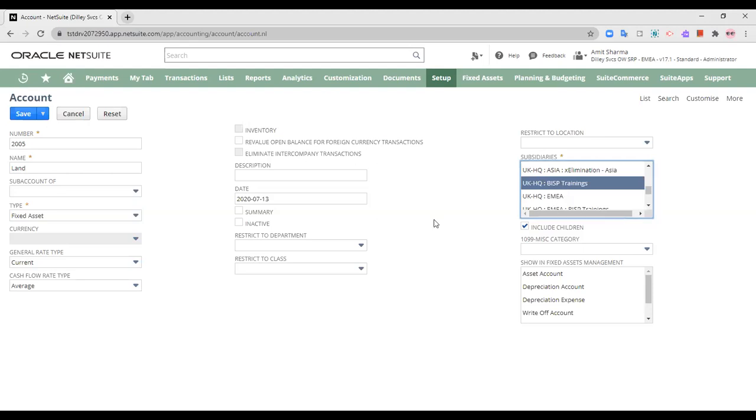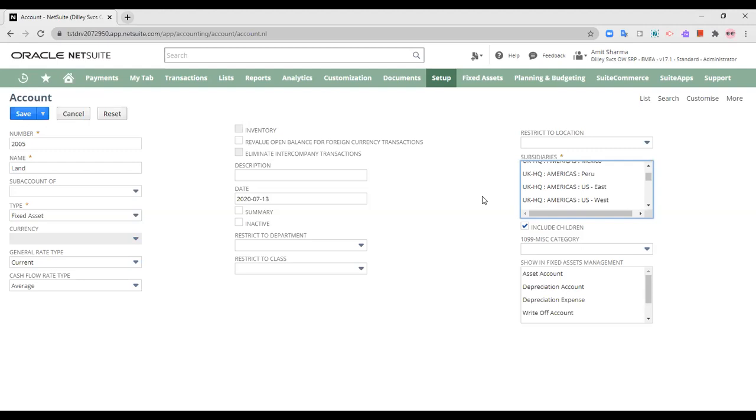But if I'm not choosing it here, I am prone to error. I can make transactions of this land into any subsidiary, be it Australia, US East, US West, and all of those. So if I'm choosing the subsidiary, what happens at the time of entering the transaction? The first step when entering a transaction is to select the subsidiary.